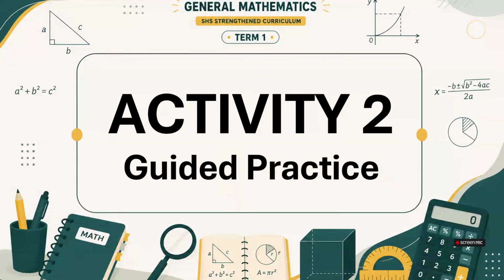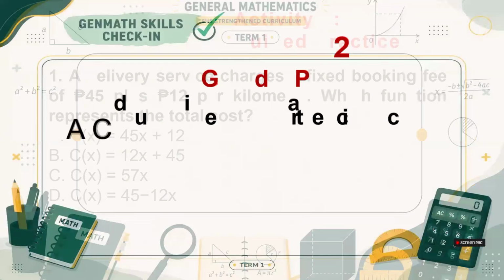So for our activity 2, guided practice now, we will answer again every item. This will also serve as your reviewer for the term exam because some of these items are patterned to the upcoming term examination. So for every item, you read the problem carefully and identify what x means and choose the correct function or process, solve, and interpret your answer. You may pause the video if you need more time to think of each guided practice problem.